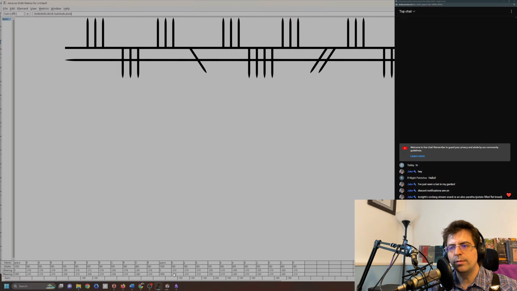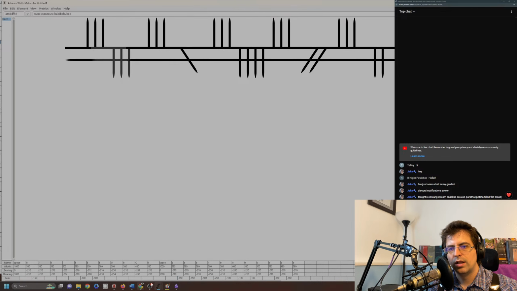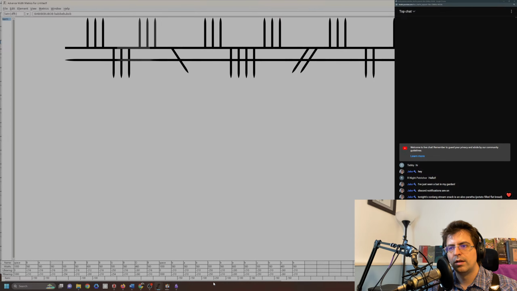But it shouldn't be a big deal to just start doing this and get the kerning back where I want it to be. It's very annoying that